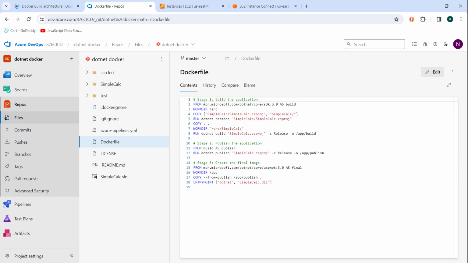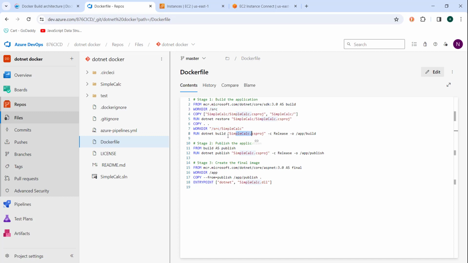I've used an image of .NET Core SDK 3.0 as a build, and I'm in the work directory. I'm naming the work directory as SRC, and I'm copying that project file to calc and run .NET server over here with this certain project, with this certain file. Okay, and I'm just copying into this dot back, I mean the previous file, and this working directory is sample.calc, and I'm trying to build the image,